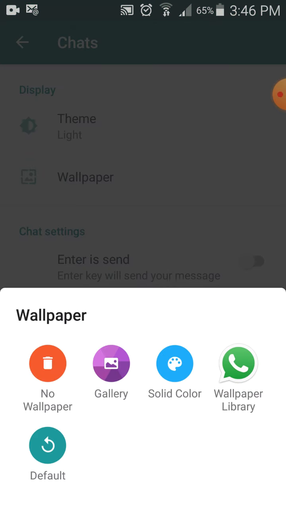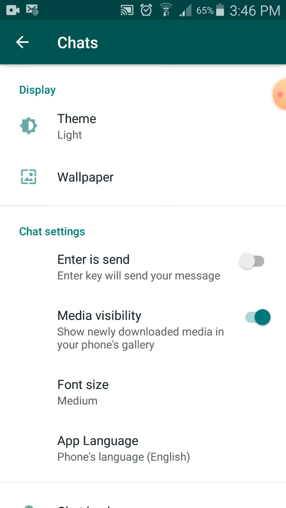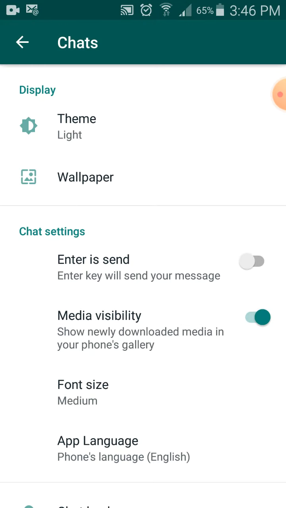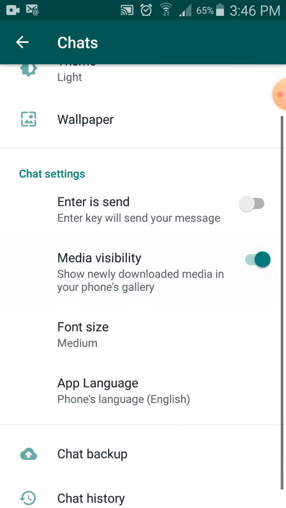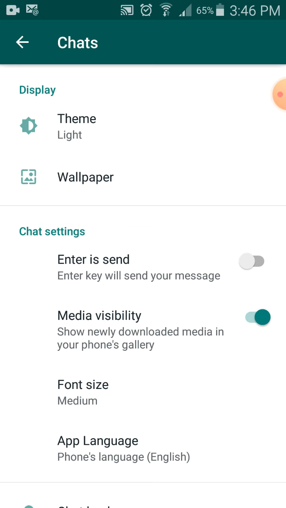The wallpaper, you can change it from the gallery, if you have one in your Android, or you can choose a solid color, whichever color you want. You can choose the font size you want for texting: small, large, or medium. You can change the application language, whichever language you want.